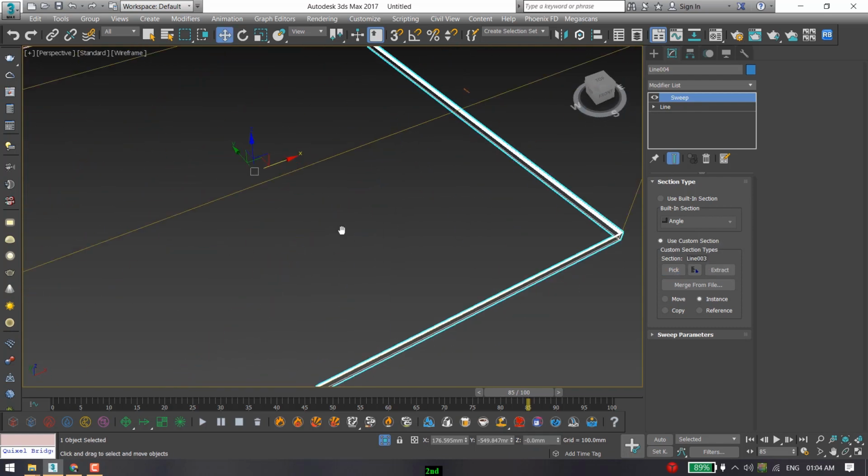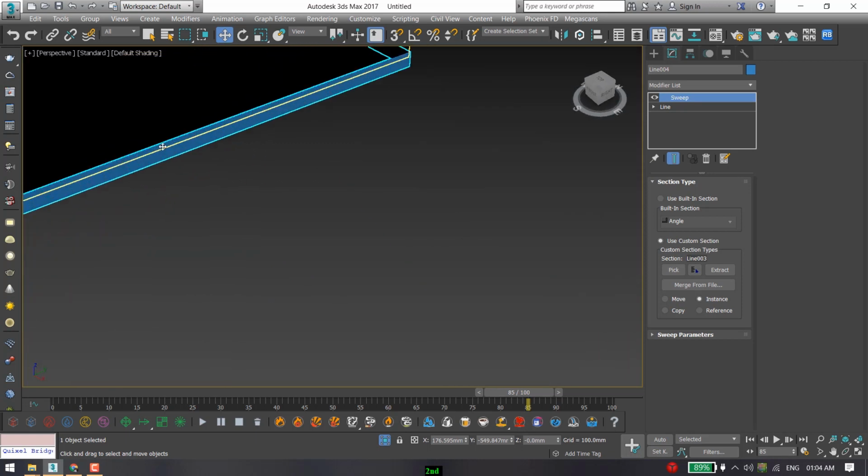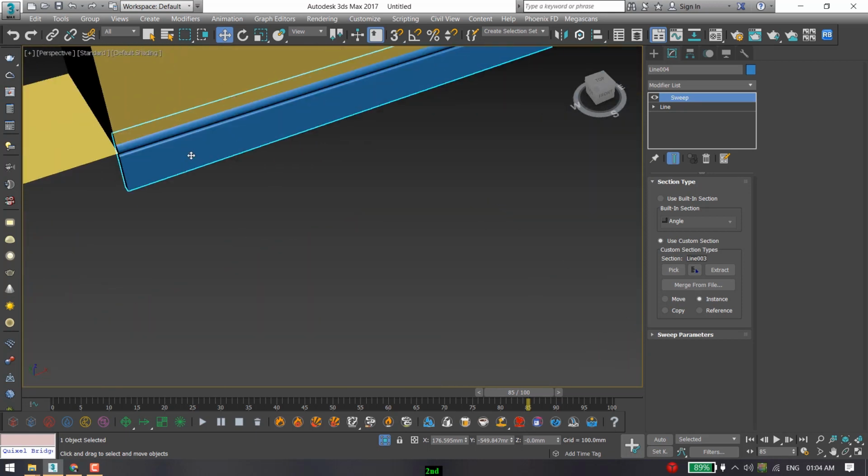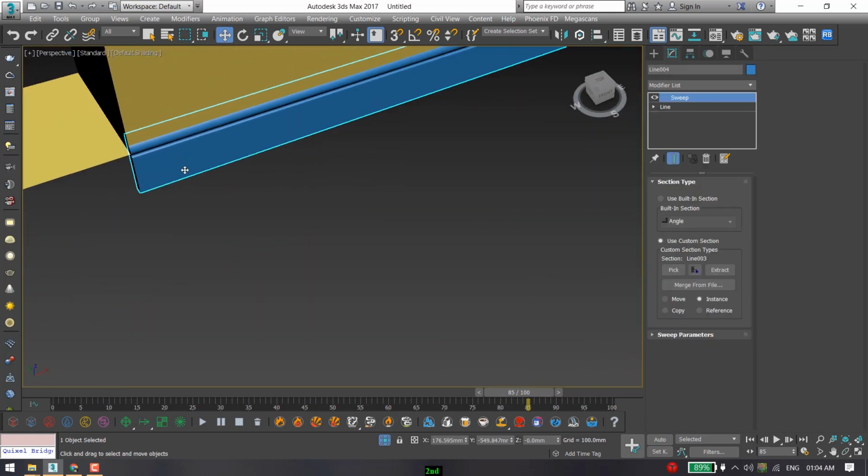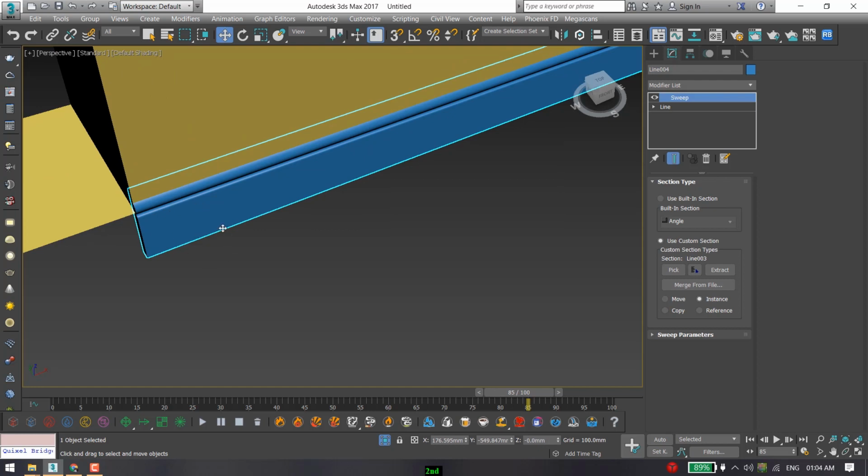If I select this and press F3, I can't select only a camera. You can see I'm selecting the whole object. But if I come here to selection filters, we have a nice result. We have some nice results with the skirting, but it's not set up properly inside our room. The camera is not properly aligned with our room edge.